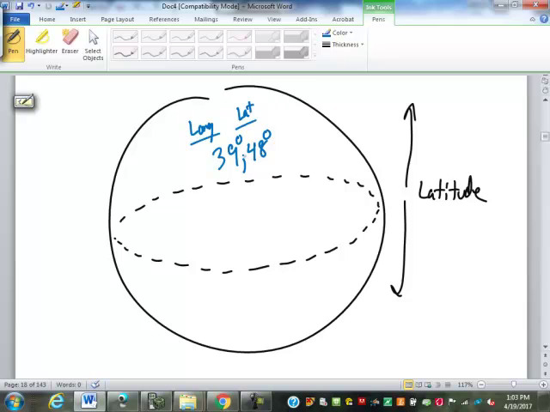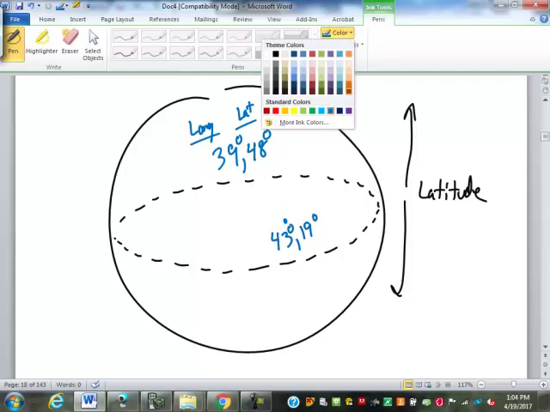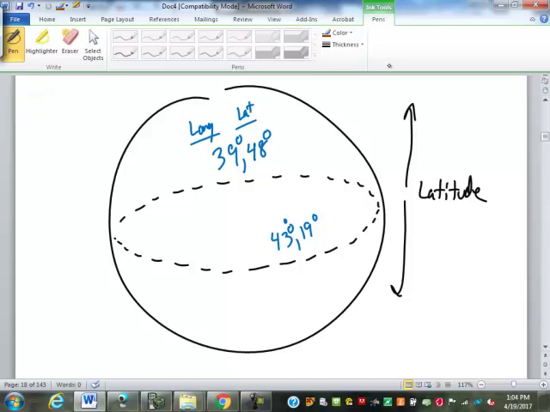So let's say we need to run a cable from where we're at, 39 48, to Florida. And we're going to run exactly straight, but we're going to go at the surface of the Earth or just below the surface of the Earth. And let's say Florida is, I'm going to call it 43 19 for longitude and latitude. The distance between them